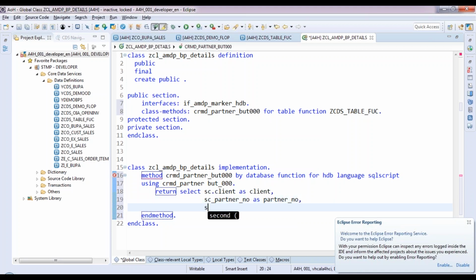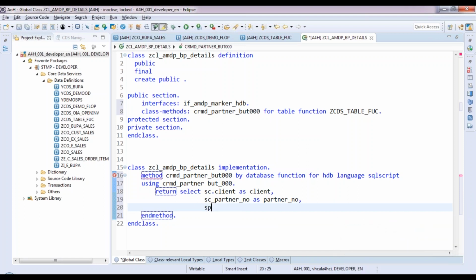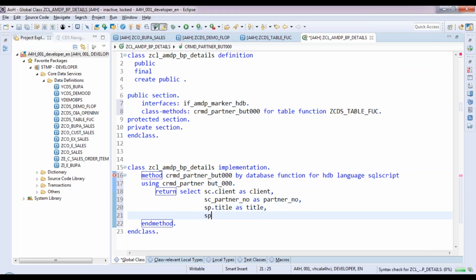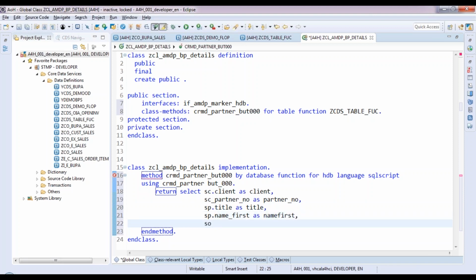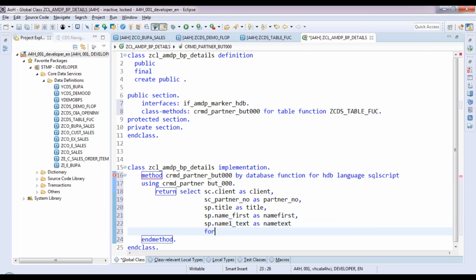And then next was SC, my next table, which is sp.title as title. So basically I will give alias name for my tables, guys. sp.name underscore first column as name first, sp.name one text as name text. Never copy paste the code, guys. CRMD partner table as SC, inner join